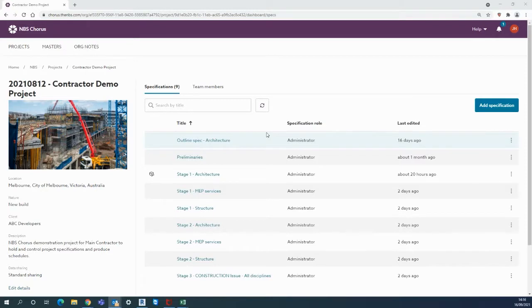Using NBS Chorus can be particularly useful from a contractor's point of view, providing a dedicated platform to host your consultants' or various disciplines' specification content. As you can see with this example, various stages are named and organized exactly as you might want them. You can name these as you wish, fully controlled by the project contractor, either holding early stage content, perhaps with just performance clauses or outline specs, preliminaries there, all the way through to different stages in the project and construction